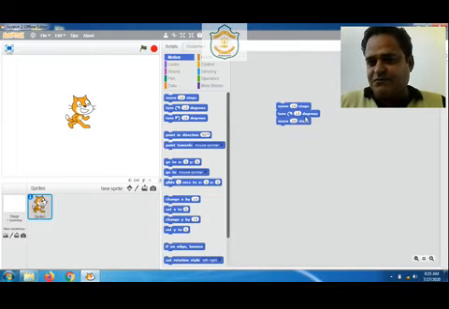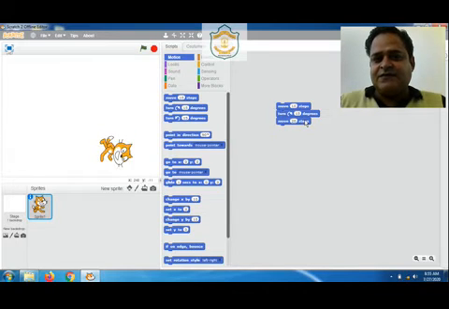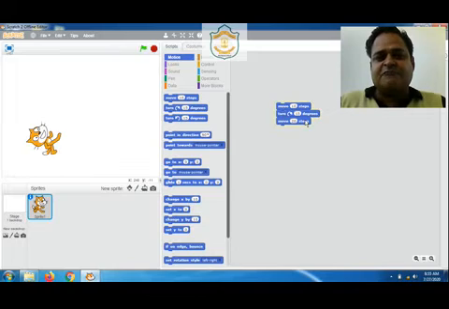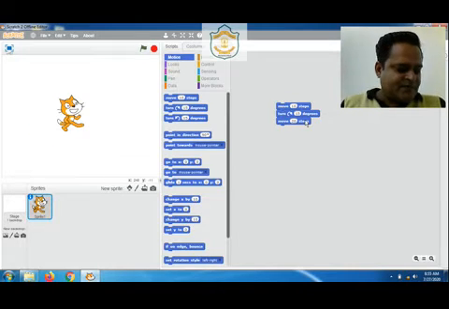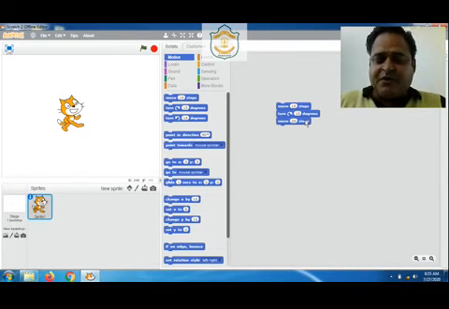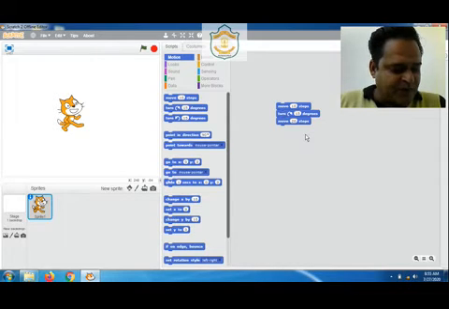Because we used the turn block here. Got it? So this is how we move our sprite. Points to remember: we have to use the motion palette, and from there we have to drag these movement blocks into the script area to execute. I hope this is clear to you.